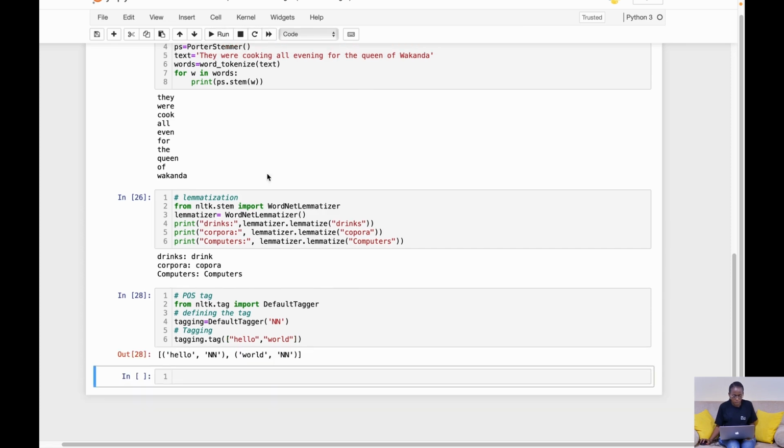So as you can see, we have tagged our list of words. So each word in the list has been tagged NN. Now that we have looked at the different text mining pre-processing techniques in NLTK, let's look at one final technique,